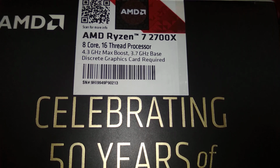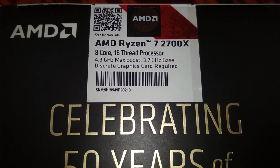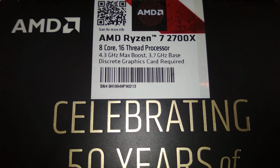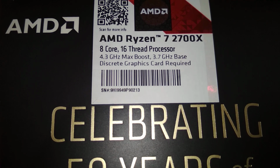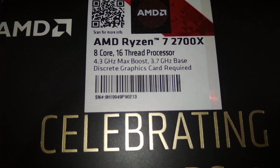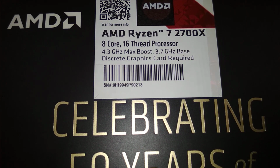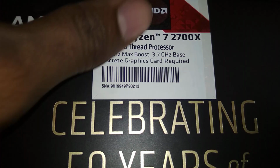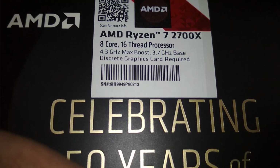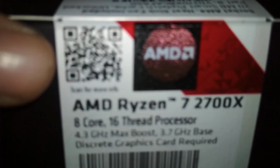2700X, the beast processor with 8 core 16 thread. My god, my Intel was 4 core 4 threads or something. 4.3 GHz max boost, 3.7 base, discrete graphics card. Yeah, there is no onboard GPU, integrated graphics exactly. I don't care. So, scan for more info. I may scan, but OMG, wow,